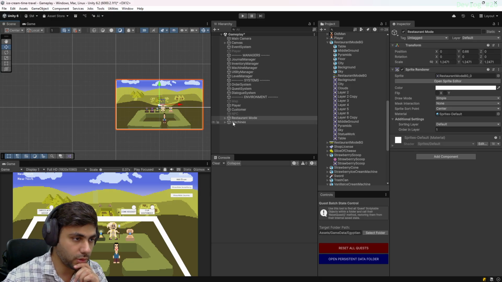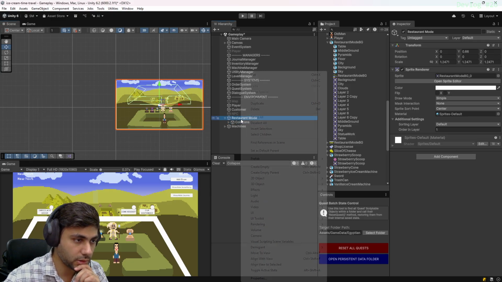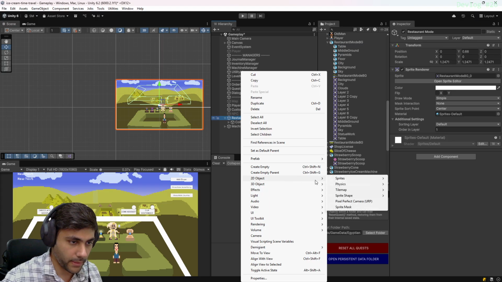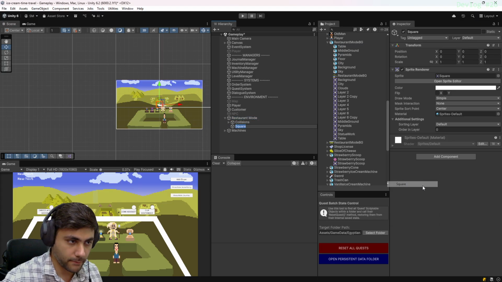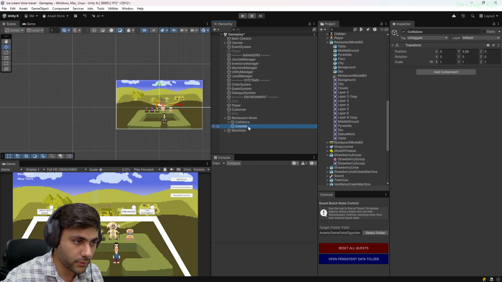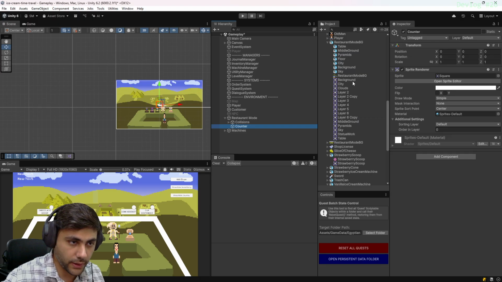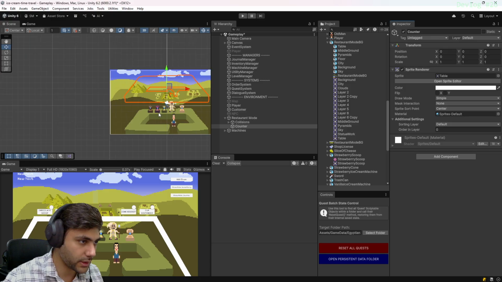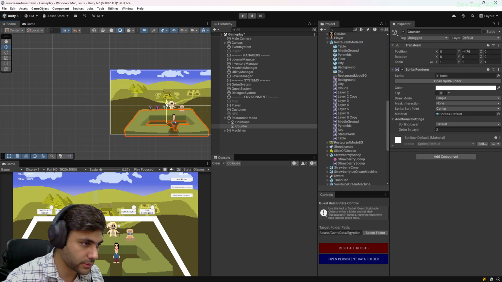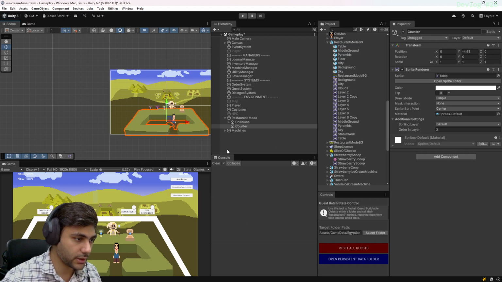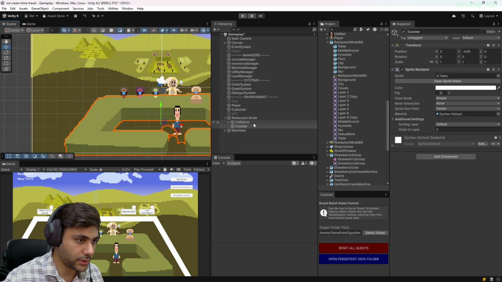And what I can do is I can just do a counter. So this counter would have this table sprite, right? It should be something like 2, and I can just put it like this. So now you can see